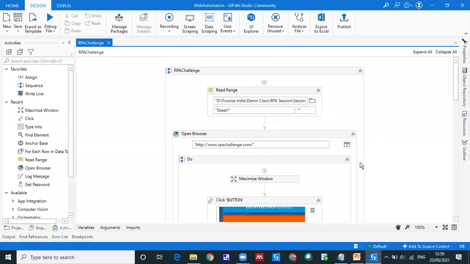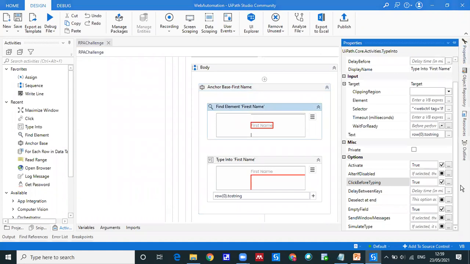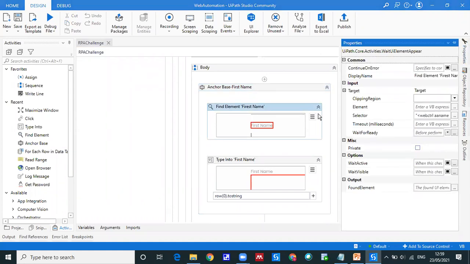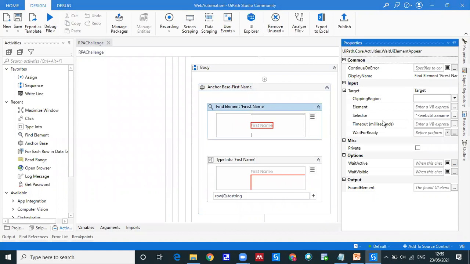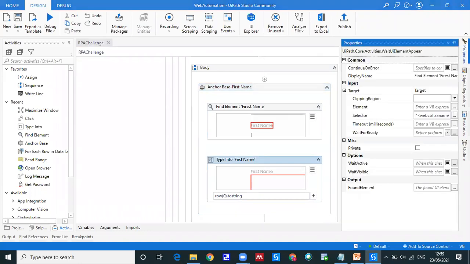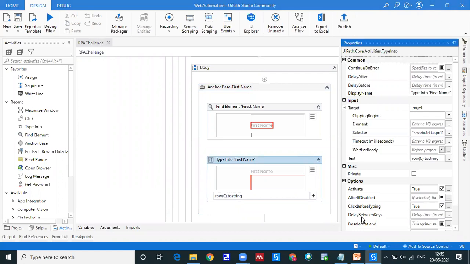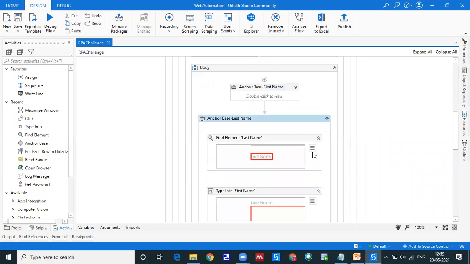There is an option called simulate click. Let me show you. There is an option in the property panel. Oh, sorry, type into, I'm supposed to see. Yeah, so there is an option here, simulate click. Okay, just make it true for all the fields and we'll see how the speed is going to change.